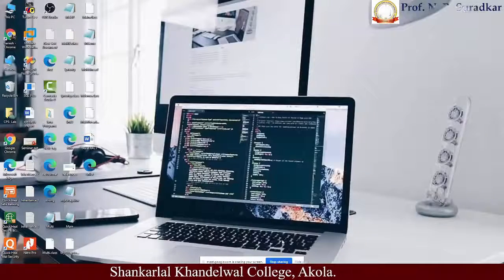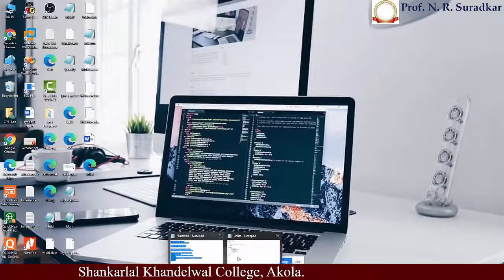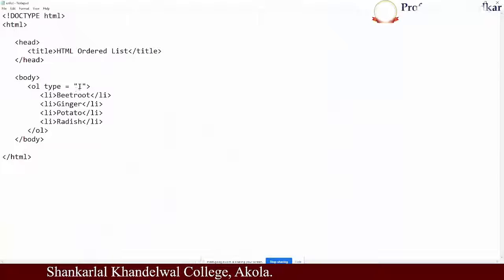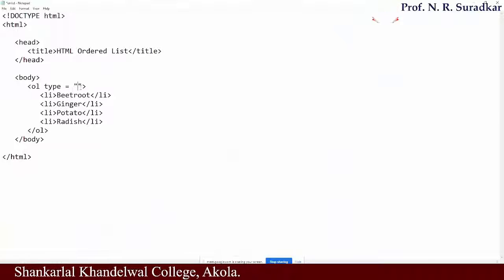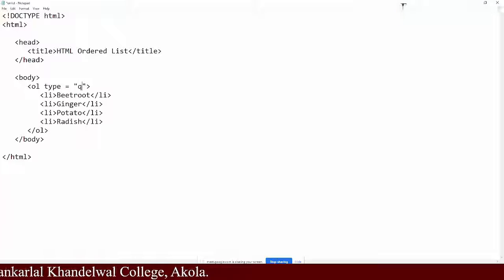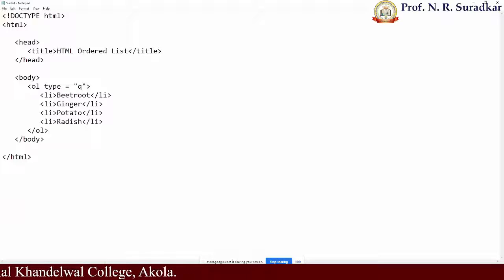Whichever changes are made in that particular code are applied here. Instead of creating the whole program again and again, I only made the changes whichever I want to. Again go to the program. I want to use small a, sorry, small a.